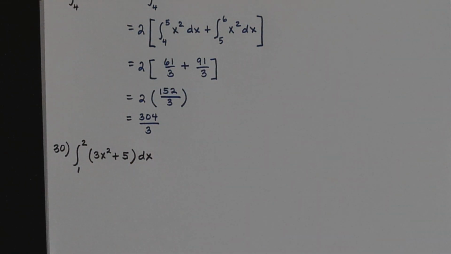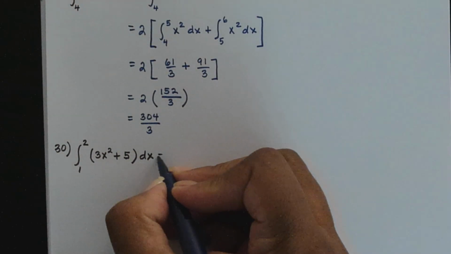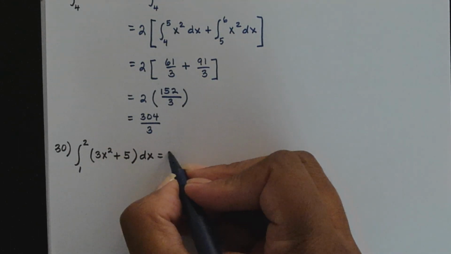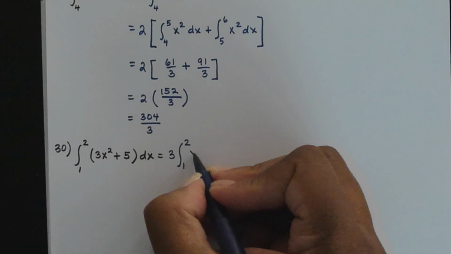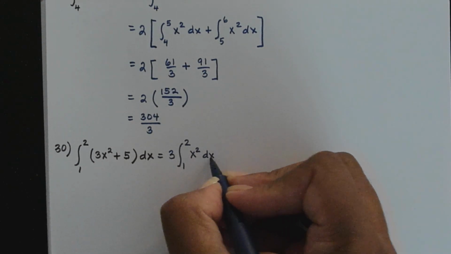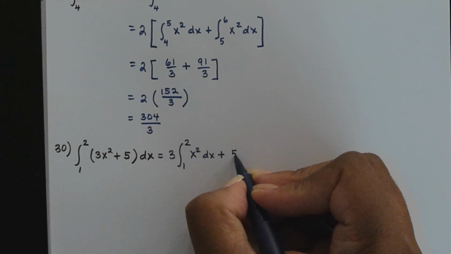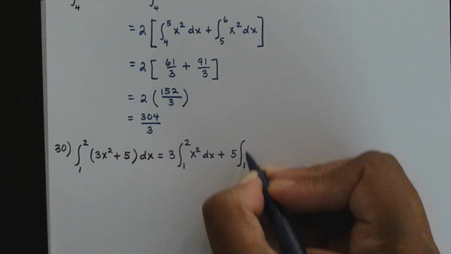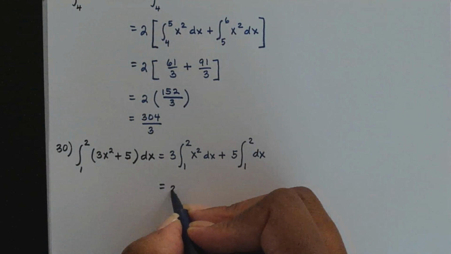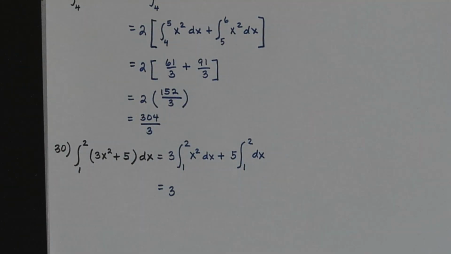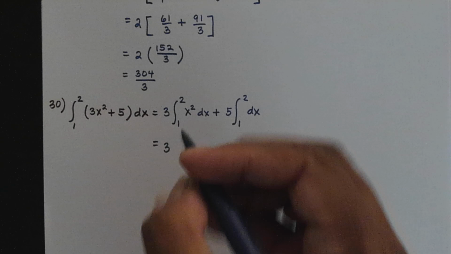Okay, let's integrate each term that we have here. And also use the constant multiple rule as well. That 3x squared, I can pull the 3 out in front. So it'd be 3 times the integral from 1 to 2 of x squared dx plus, let's pull the 5 out in front of the integral from 1 to 2 of dx. And then let's go ahead and do the integration here. The integral of x squared dx will be